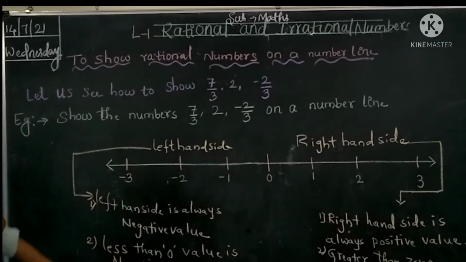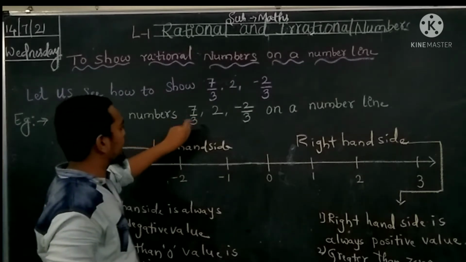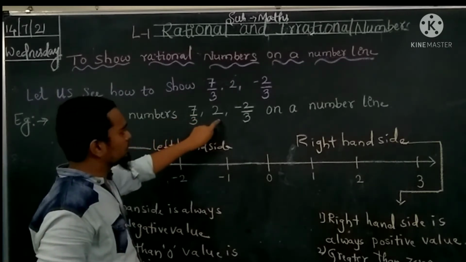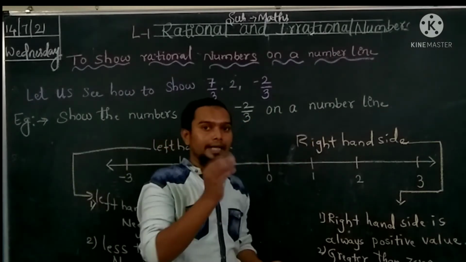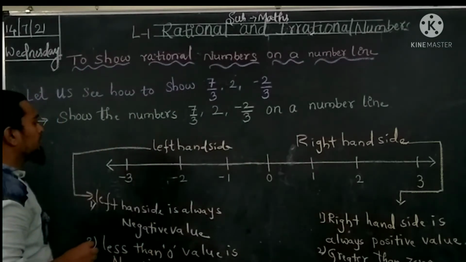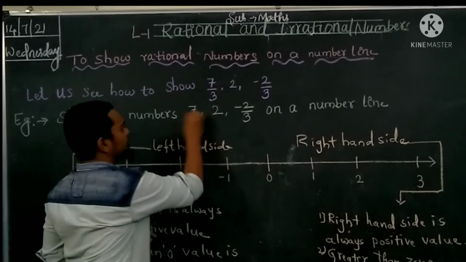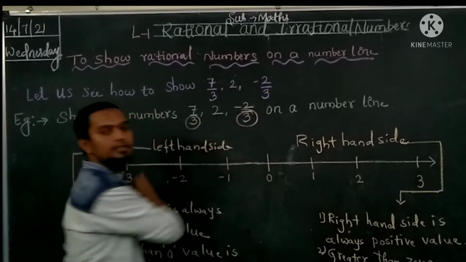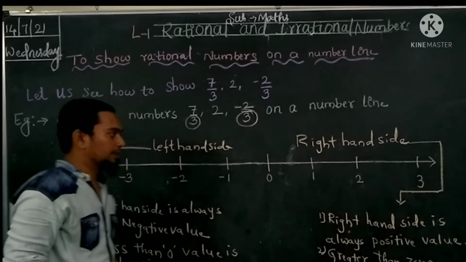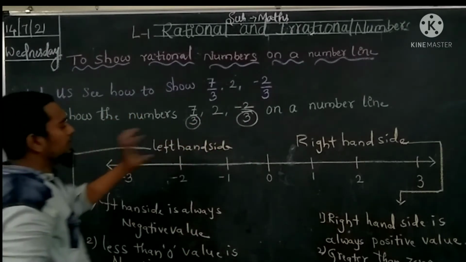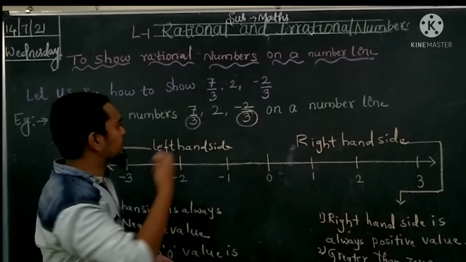Next, here show the numbers on a number line: 7 upon 3, and minus 2 upon 3. First of all, here the denominator is 3. Here also the denominator is 3. In both sides the denominator is 3. That means now we are going to discuss about